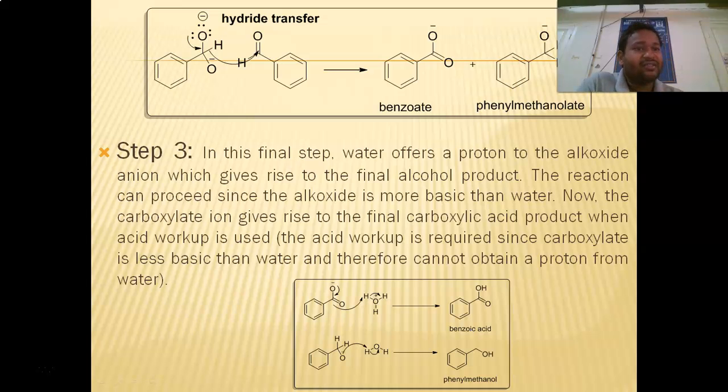In the Cannizzaro reaction, a compound containing no alpha hydrogen atom undergoes self-condensation with another molecule, in the presence of a mild base, forming two different compounds, that is benzoate and phenyl benzyl alcohol. This reaction is called the disproportionation reaction.